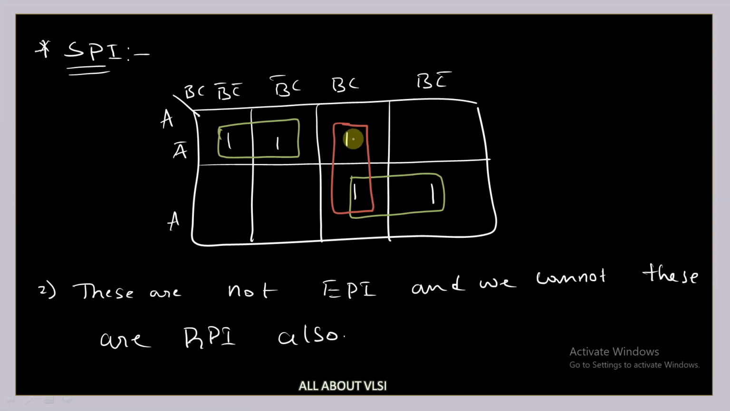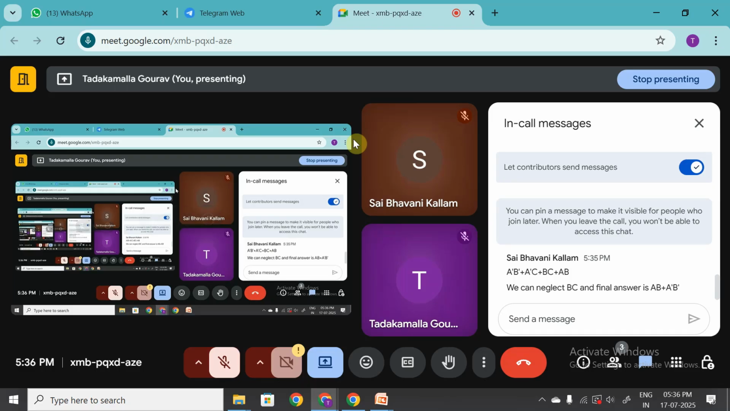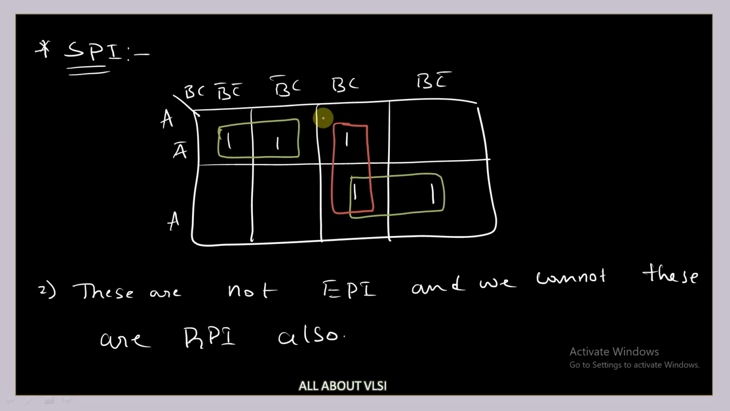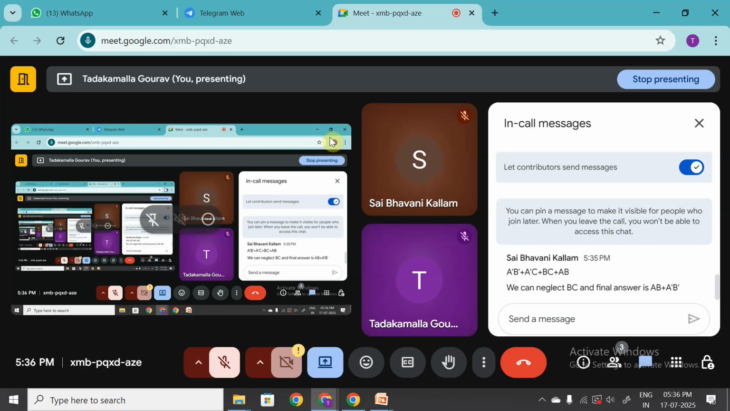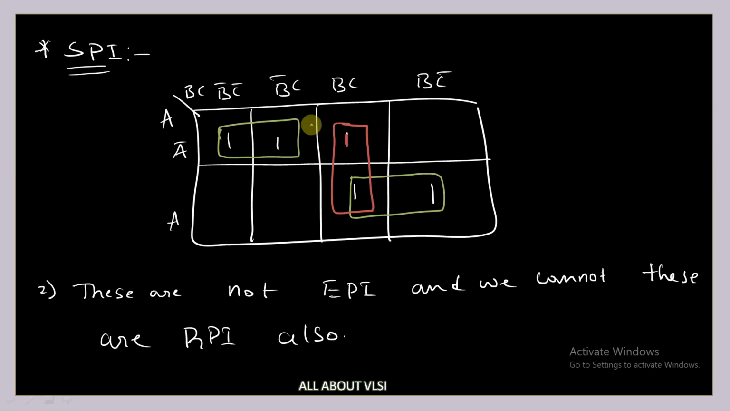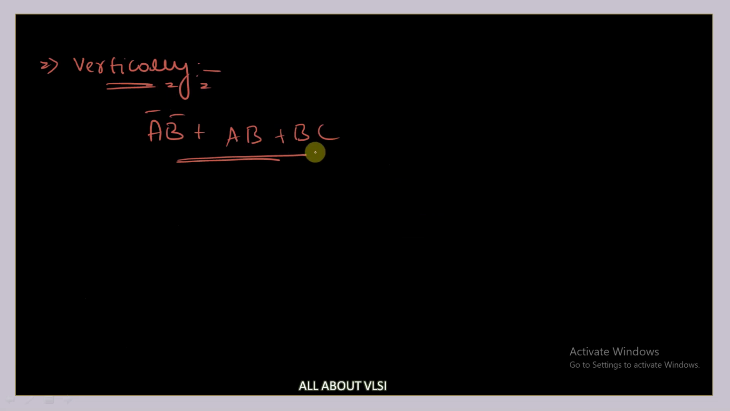Okay, is it clear? So this min term we can group either with the below term or we can group it horizontally. Okay, we can group it vertically or we can group it horizontally. Is it clear? So if I'm making a vertical group, I'm getting this equation, and if I follow horizontal group,